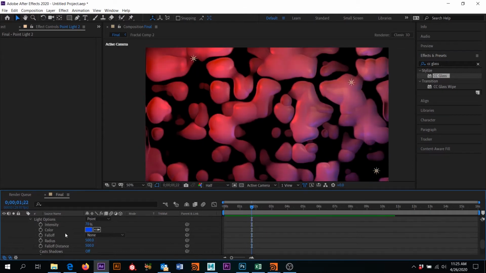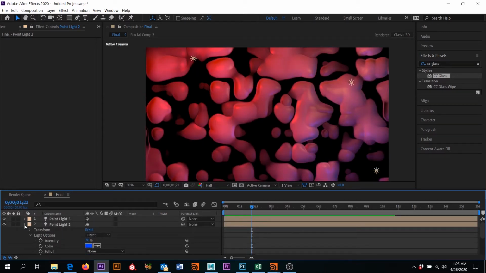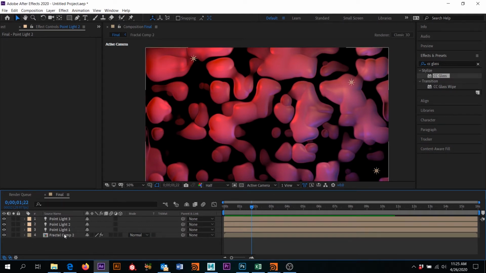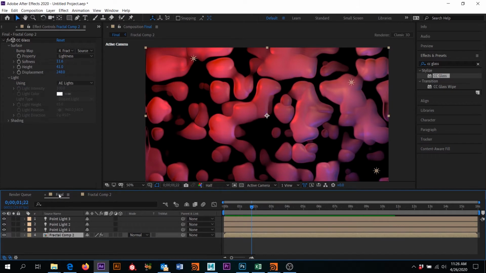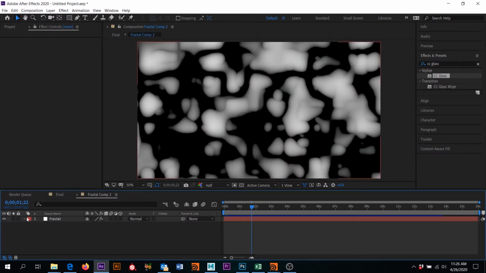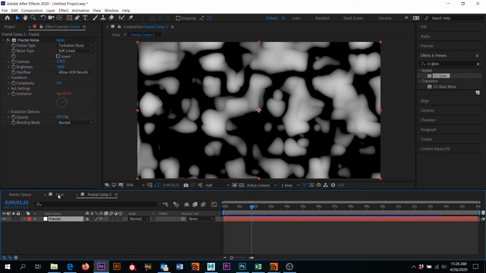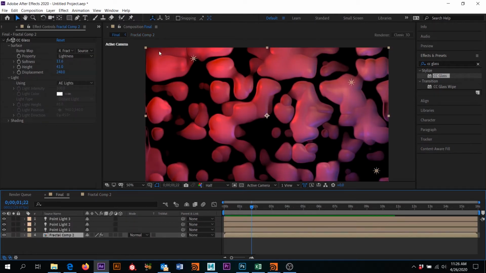So let's stop that. The fun thing also to think about, I'm going to unlock this fractal comp, is we still have in here the fractal that is driving all that. And we can change that and then it'll change this look. Now, if I dive into the fractal comp, I lose my final view. So if I come back over here and I click on final, that'll get me here. But what if I want to work in fractal comp 2 where I'm making changes, but I want to see this? So the way we can do that is if you come up here and you see this little lock,